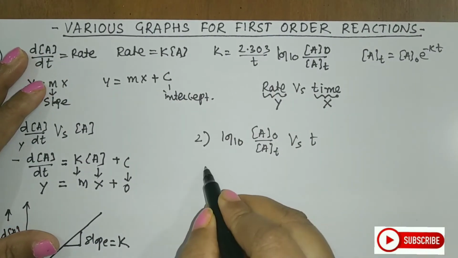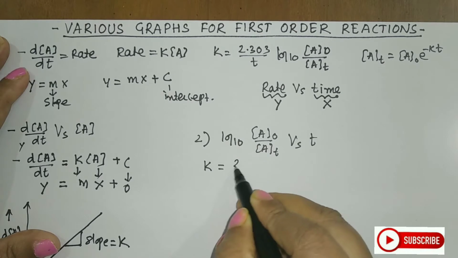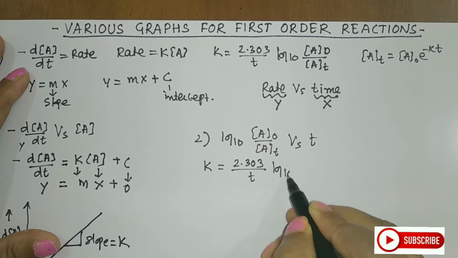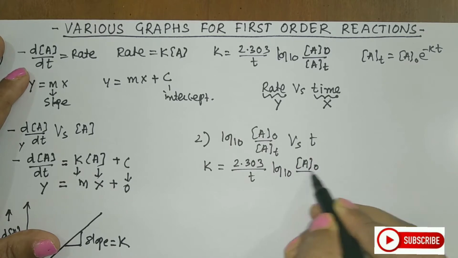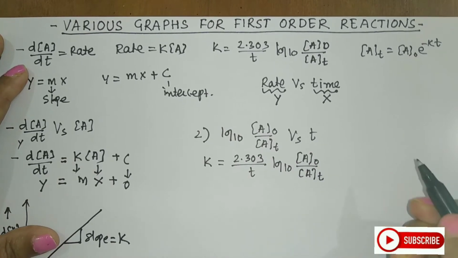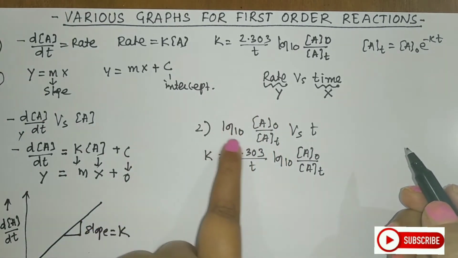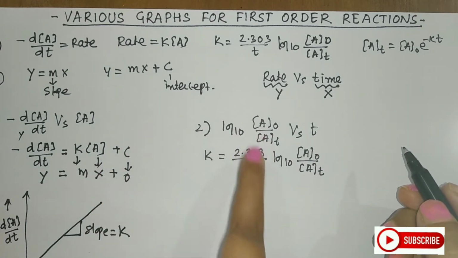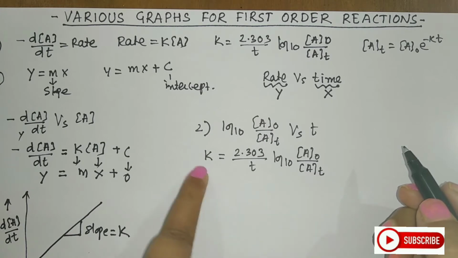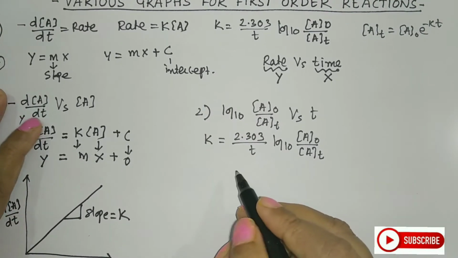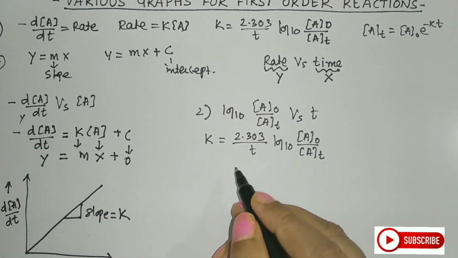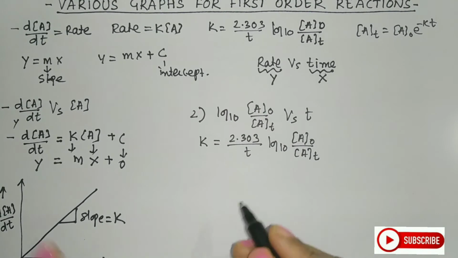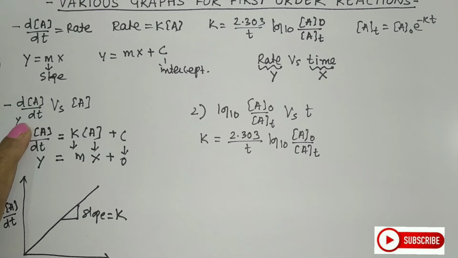First I will write that equation: K is equal to 2.303 upon t log to the base 10 of A0 by At. Now I want this particular value on my left hand side because I want this on the y-axis. Therefore, I will try to rearrange this equation. So let us keep rearranging the equation now. How will I rearrange the equation? KT it will become